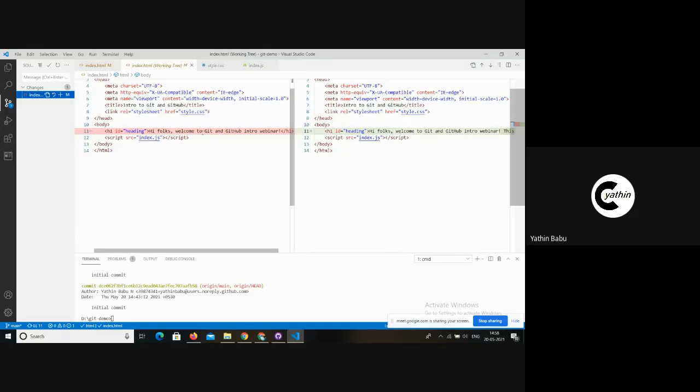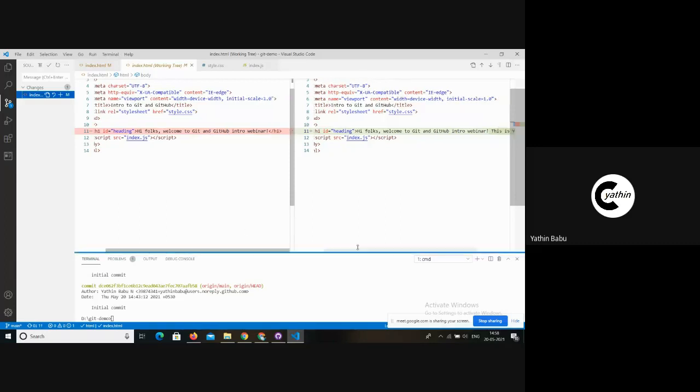This was the previous version that was committed to the local repository, and this is the latest version of the source code that we have right now, which has not been committed yet, but we will do it.